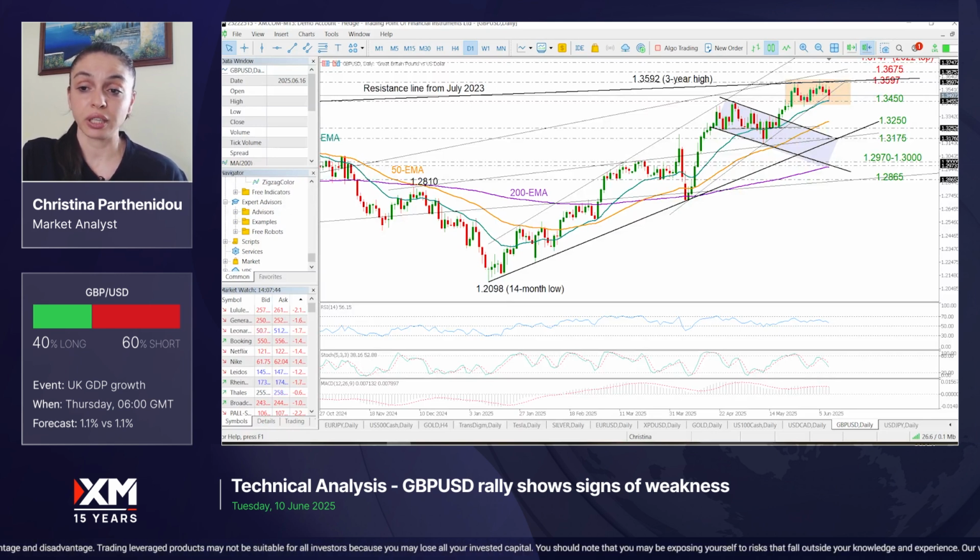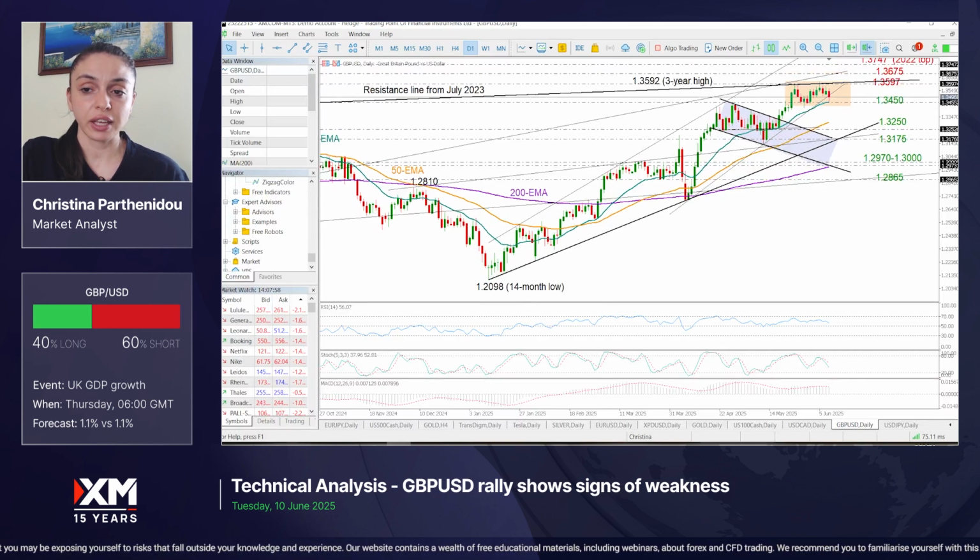The data are for April, so a negative surprise in the data may suggest that the second quarter started on weak momentum. Nevertheless, I think that the figures may not be such a big market-moving event since inflation in the UK is still comfortably above the central bank's 2% target. It's above 3%, around